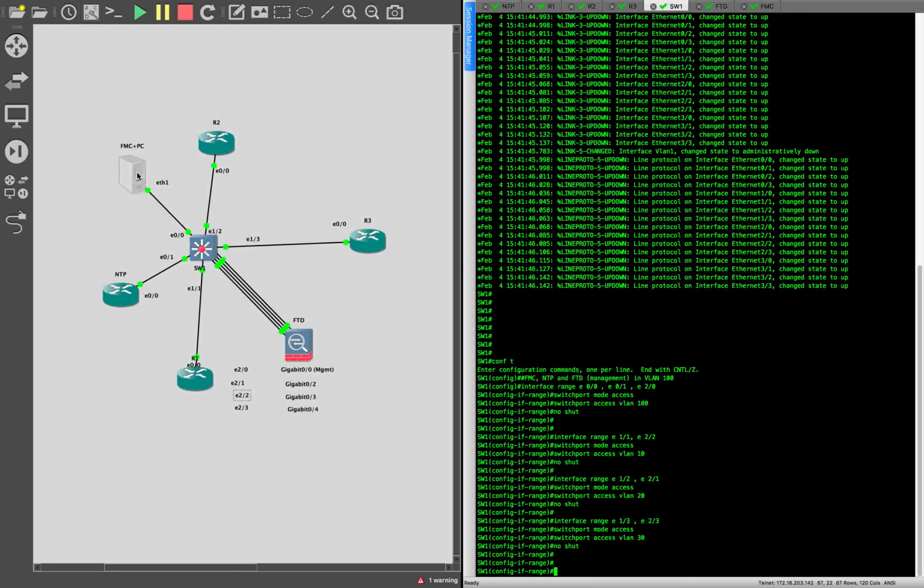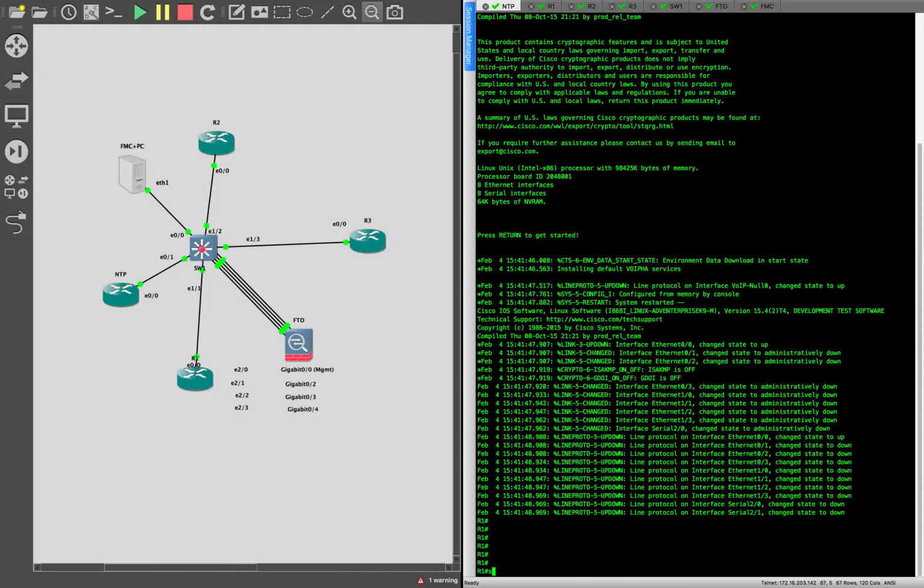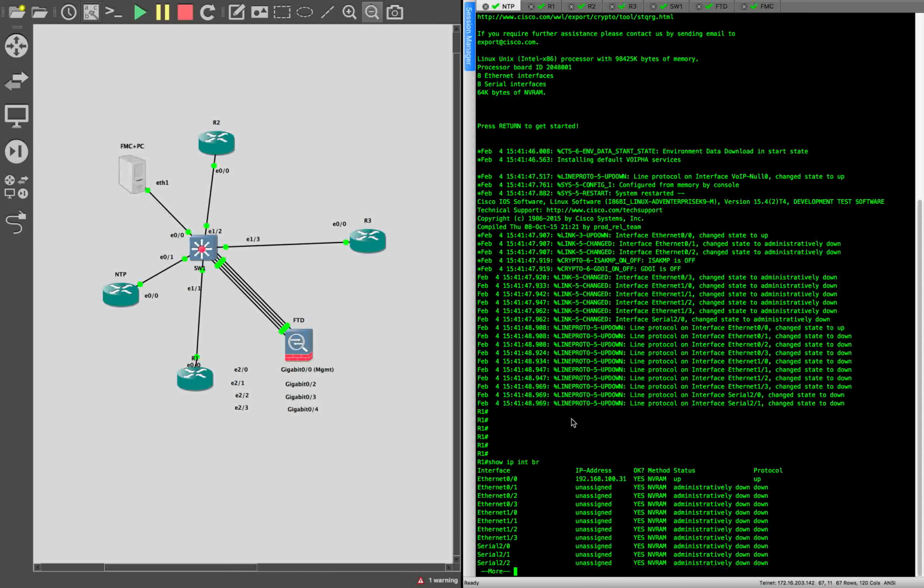So my FMC is already set up. I have connected it to my local laptop. On my local laptop I have set up my FMC, again a VM, and my host computer, my FMC and my management IP of my FTD are all in the same VLAN, so they have connections, and also the NTP is in the same VLAN. So the NTP server is a very simple server. I have just put one IP address on this, just an IP address